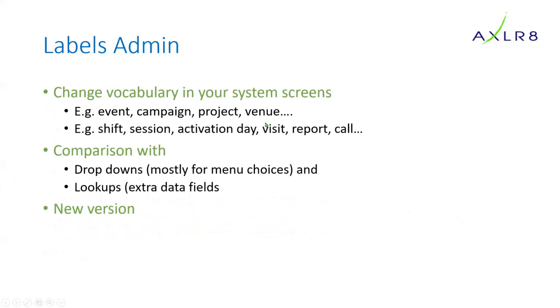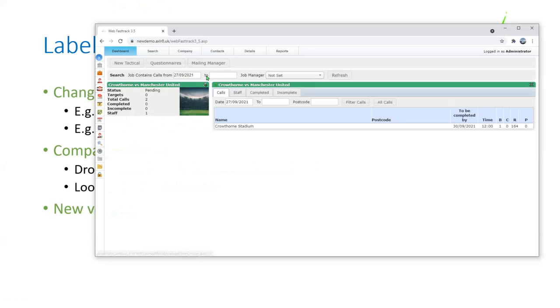So the next thing is labels admin. So the idea would be, when you use labels admin, that you want to change the labels on the screens that you're looking at to suit your company. So let's jump back into a demo and then get back to that checklist. On here, this says a new tactical, but it could say a new campaign. So in labels admin,